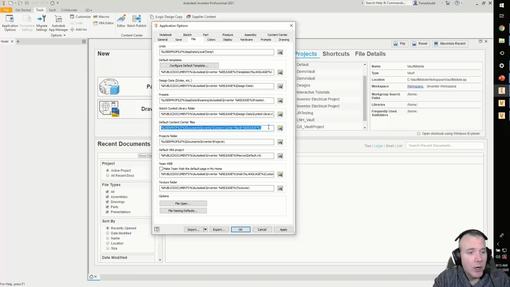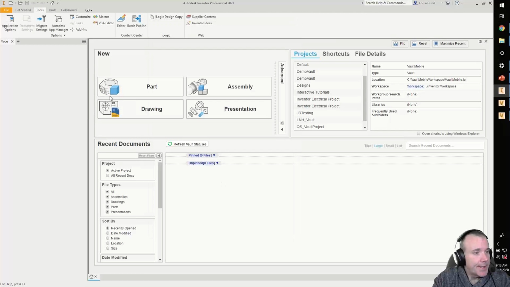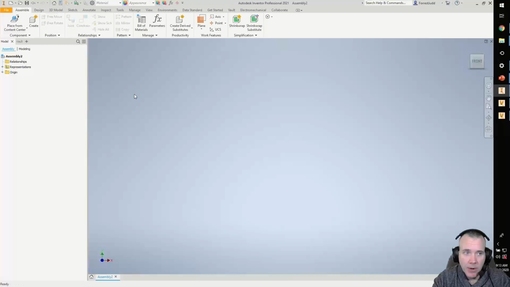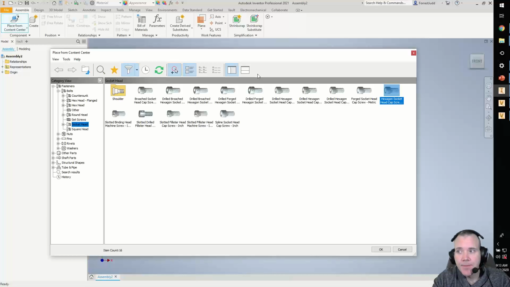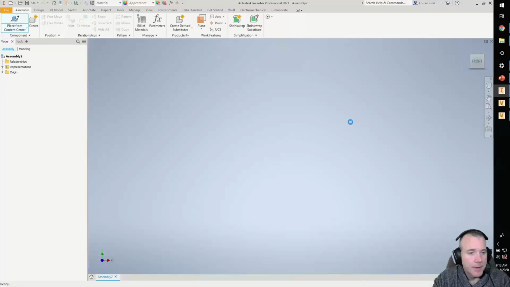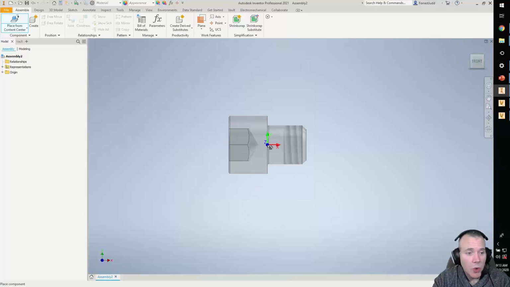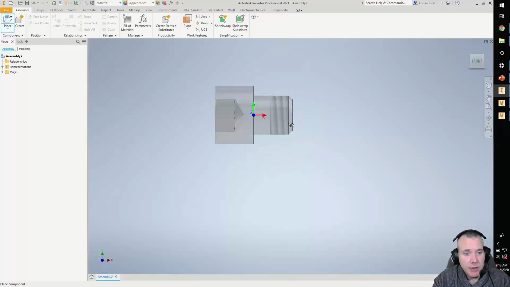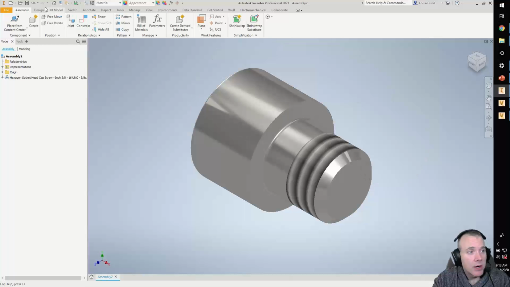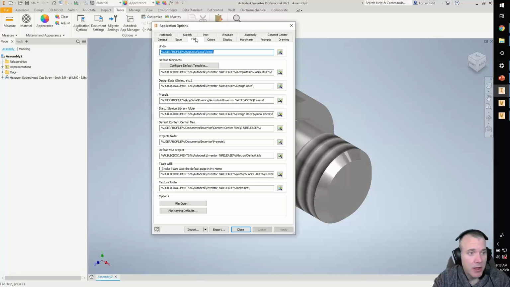So it is important to know where these things are going. If I start a brand new assembly and I go to Place from Content Center and choose a component, notice I always have the option when I place a Content Center component to place as standard or as custom. When I place as standard, it's going to go into that location specified by my application options, again on the File tab, this is where the actual referenced part files go,